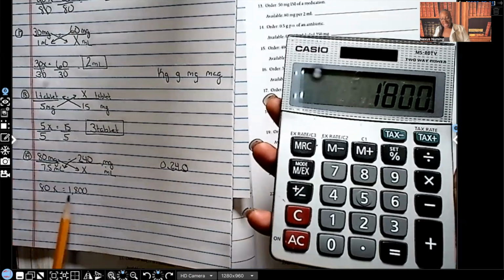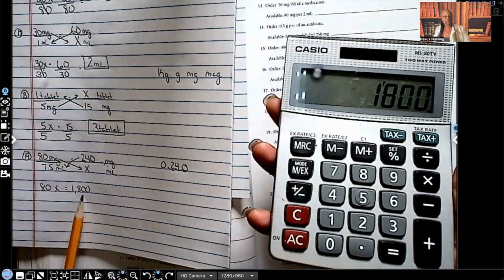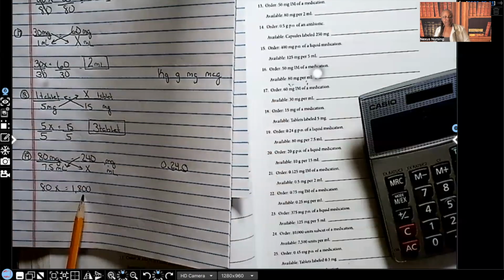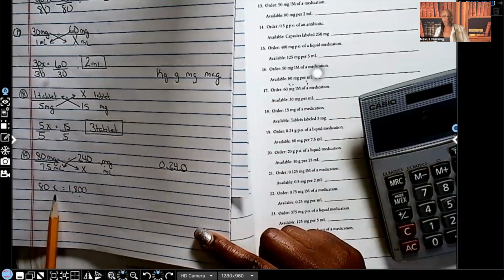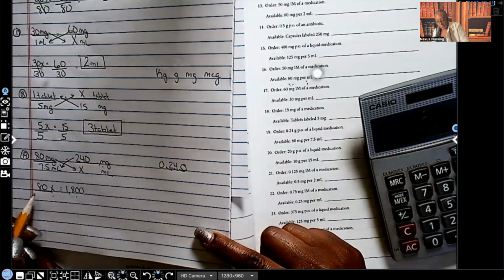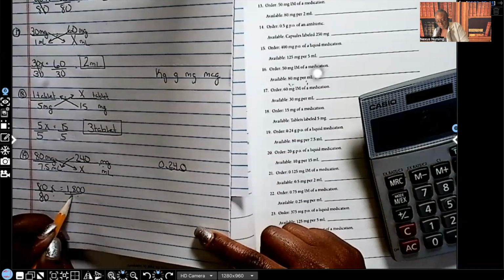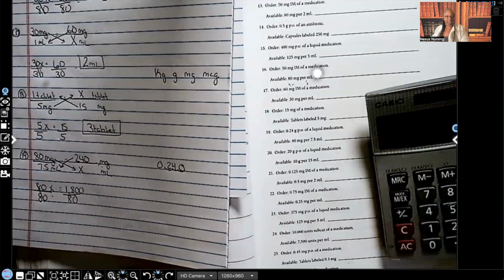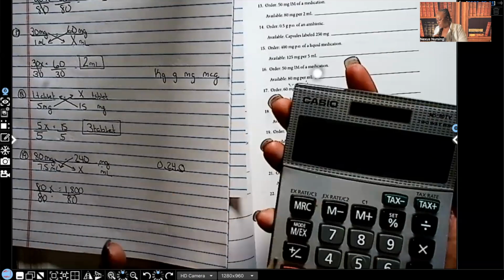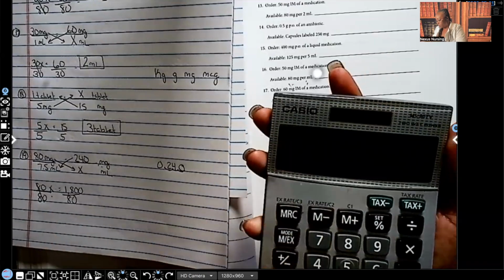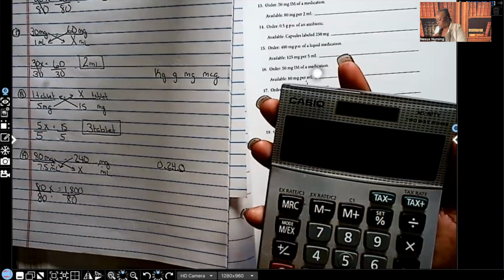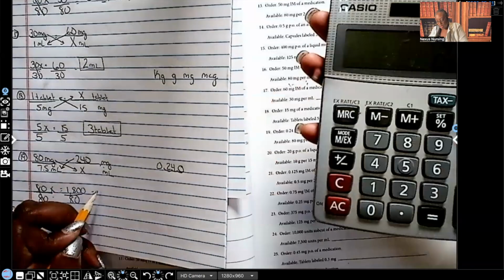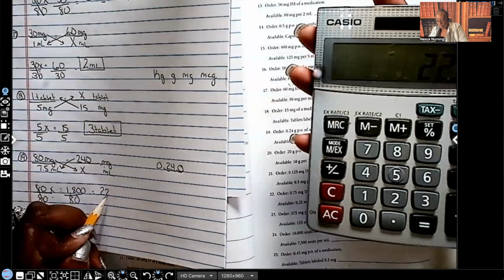So I have 80X equals 1,800. I have to get this X by itself. So I'm going to divide both sides by the 80. Now let's do 1,800 divided by 80. And the answer is 22.5